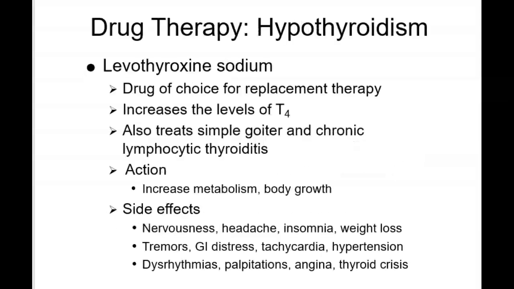Levothyroxine sodium is your prototype drug that is used to treat low thyroid hormones or hypothyroidism. The brand name for levothyroxine sodium is Synthroid, like synthetic thyroid, so that can sort of help you remember what it's for. Levothyroxine sodium is the drug of choice for replacement therapy for the treatment of primary hypothyroidism. It increases the levels of T4 and metabolically is deiodinated to T3. Levothyroxine is used to treat simple goiter and chronic lymphocytic or Hashimoto